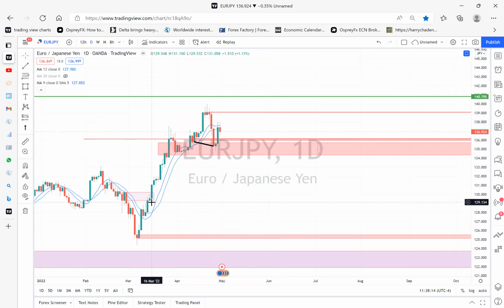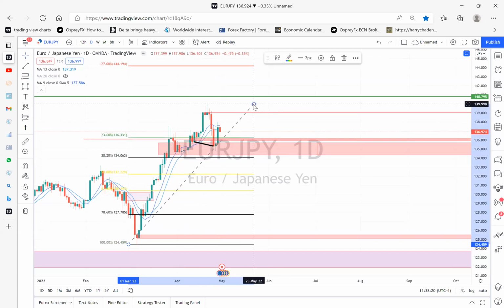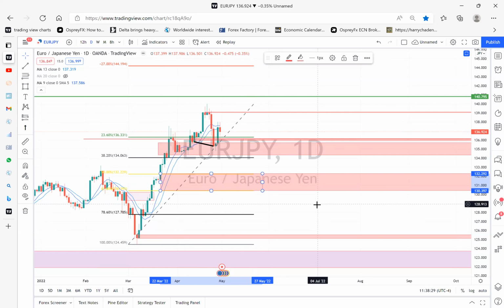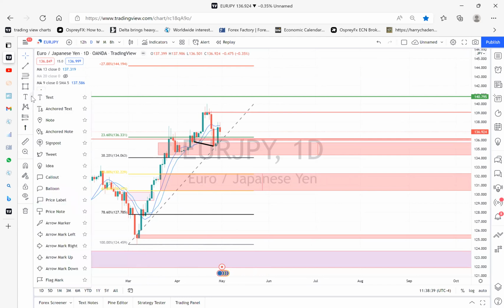But how far down do you think it's going to push? This is the golden zone from this whole move. So this would probably